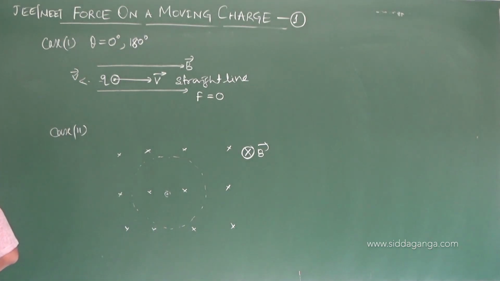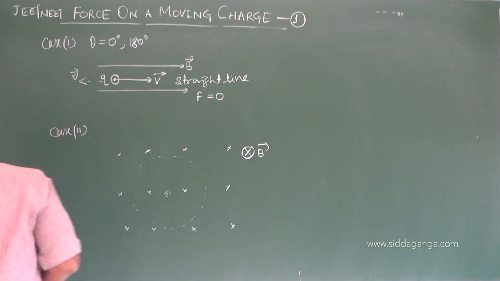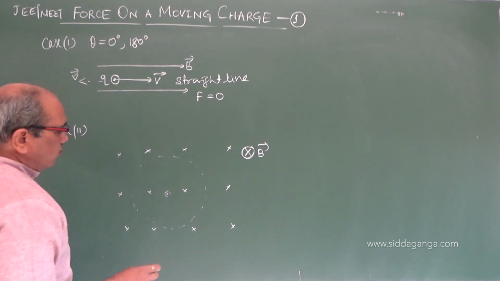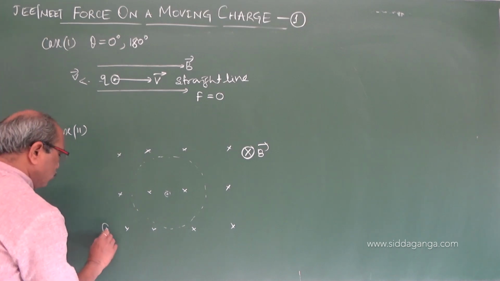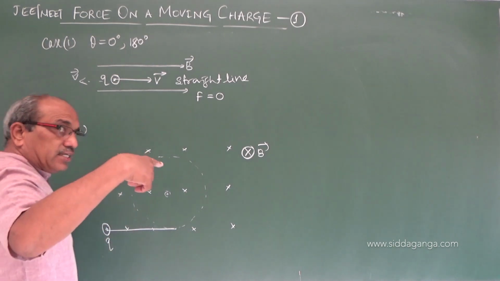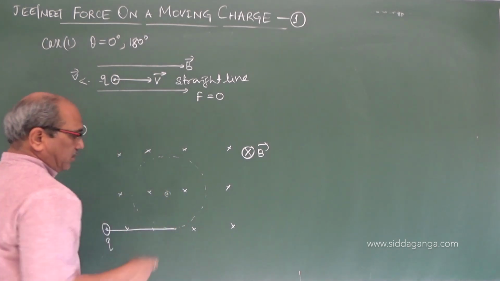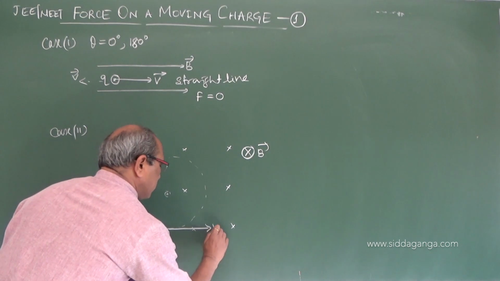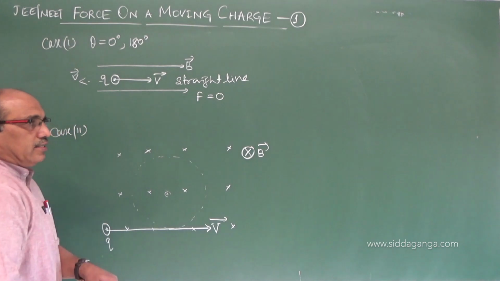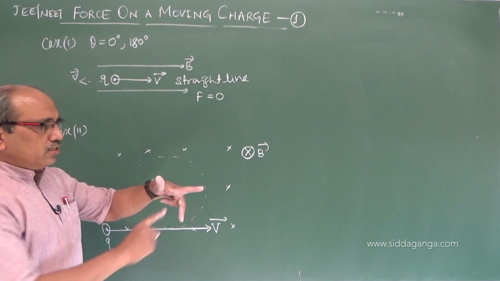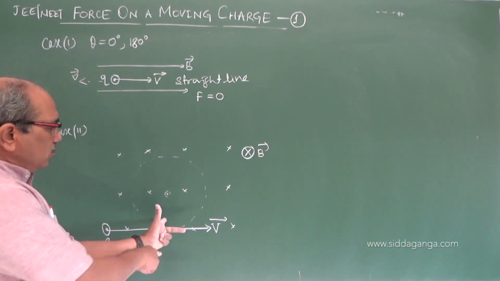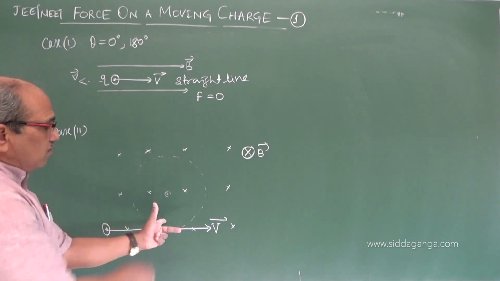So let us see what happens to the magnetic field. When I made the charge Q enter the magnetic field, acting perpendicular to the velocity vector I have taken, now the magnetic field is acting. Let us see the force. This is the direction of the magnetic field. Charge is moving in this direction. The force you see is parallel to the board, upward.